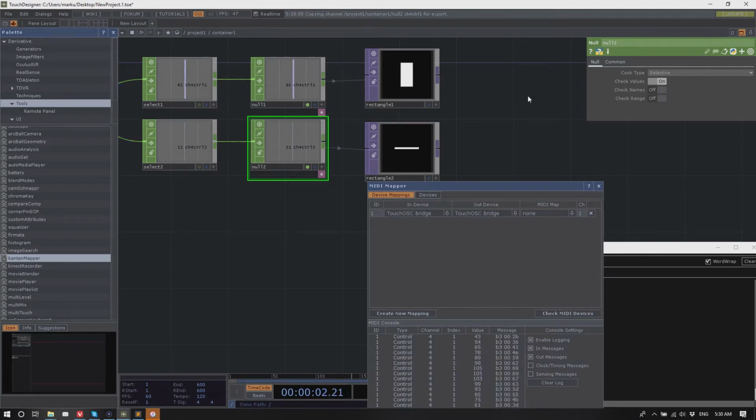So having said that, now rectangle 2 is not cooking anymore when I change the first one, and rectangle 1 is not cooking anymore if I change the second one. So that's a way to prevent these massive cooks.